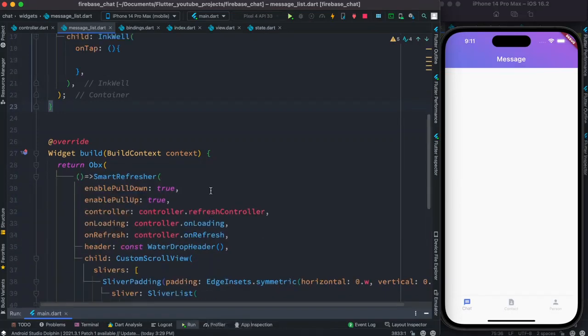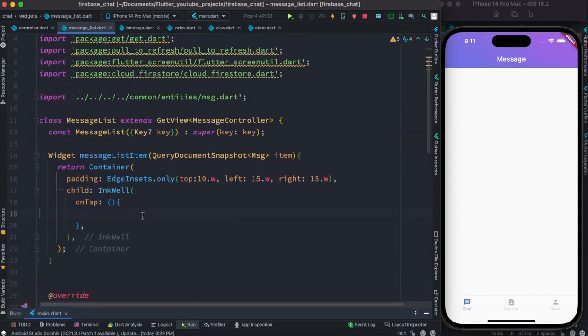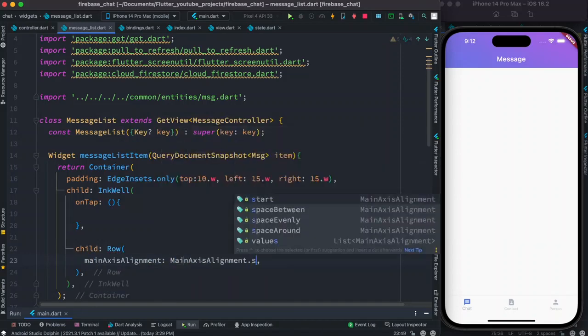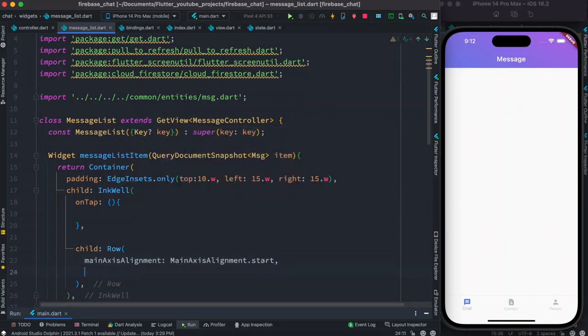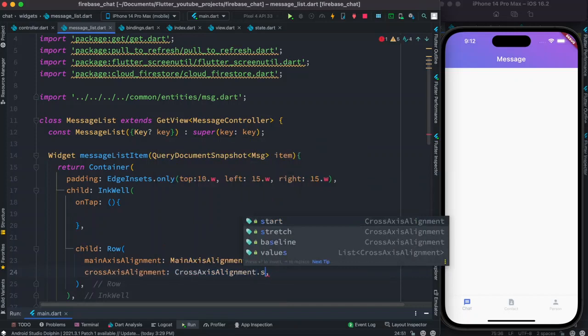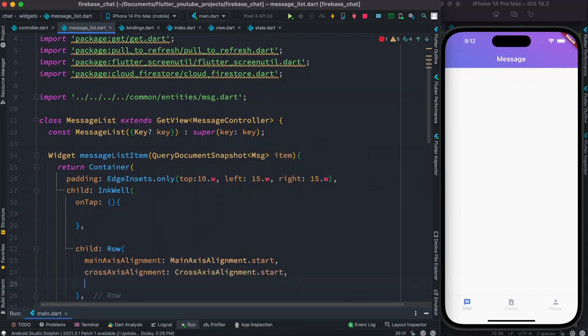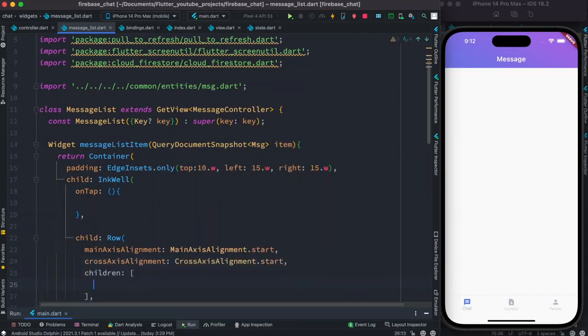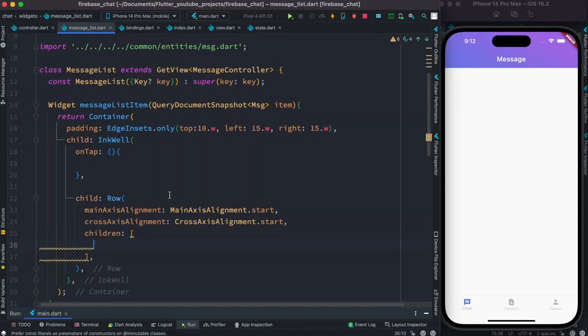Okay, anyway, it doesn't matter, so let's continue. Right after this we'll have child, and then we'll have row, and main axis alignment dot start, and over here cross axis alignment dot start as well. Now we'll have children, and inside this we'll have container,